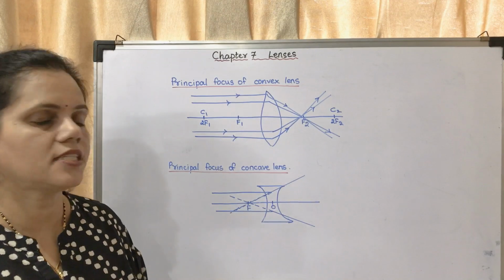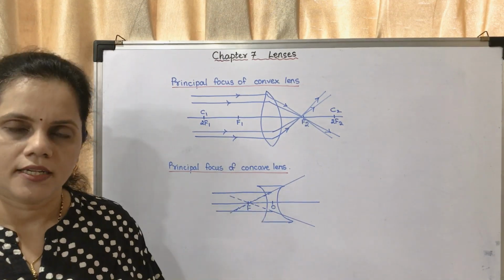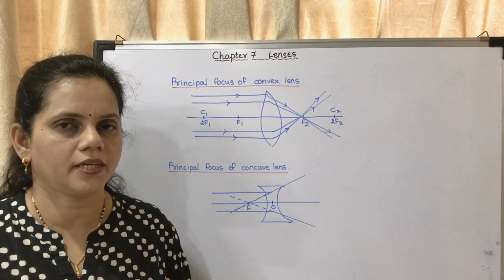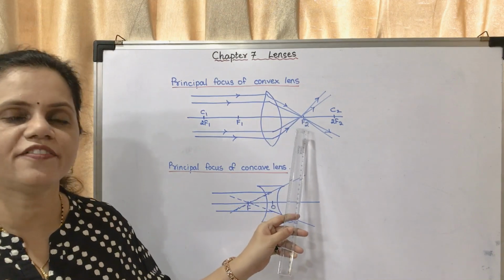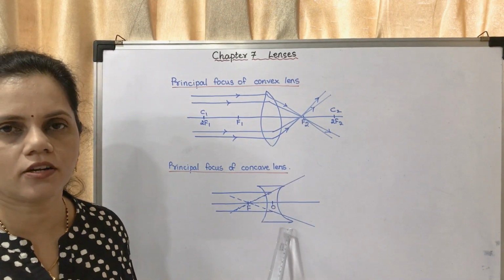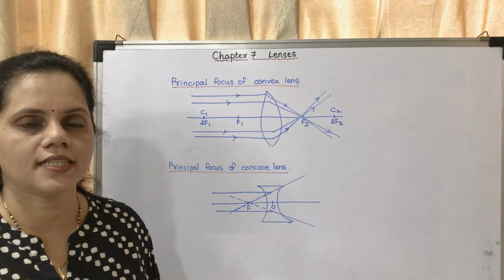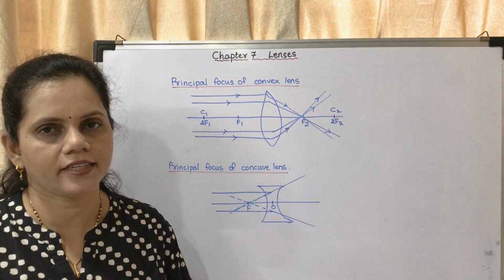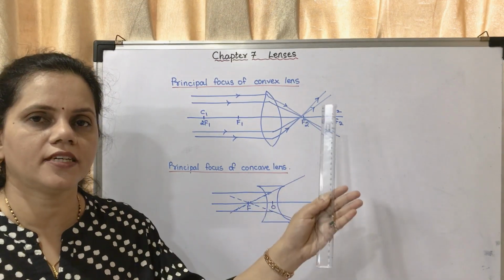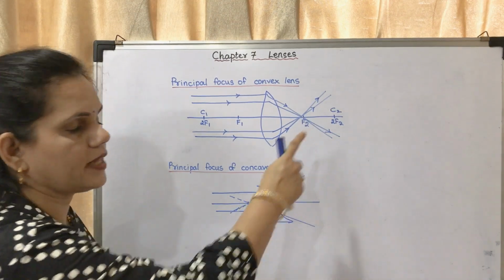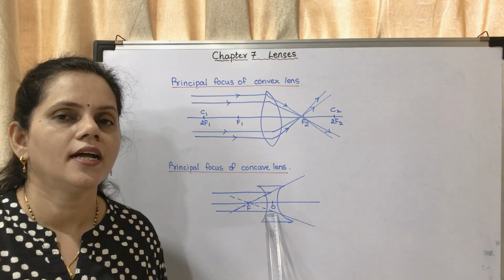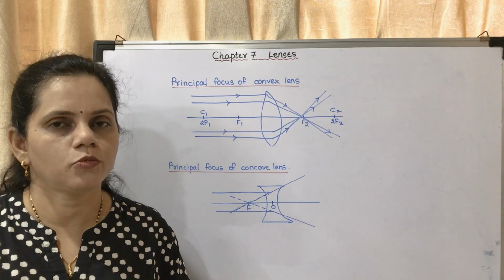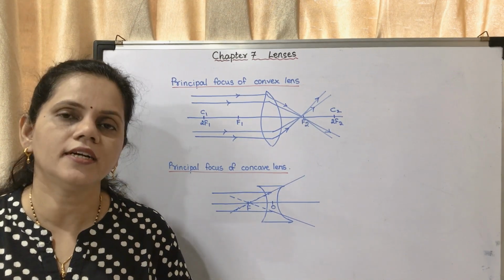In case of the convex lens also, even if you don't measure, take measurements like 6 centimeters, it doesn't matter, no problem at all. But what is the difference between the principal focus of a convex lens and a concave lens? The principal focus of a convex lens is formed by the converging, meeting of light rays, whereas in this case it is diverging of light rays. They are going away from the lens. So this is said to be a diverging lens and this is said to be a converging lens. Now we may move on to the 3 rules to draw the ray diagrams.